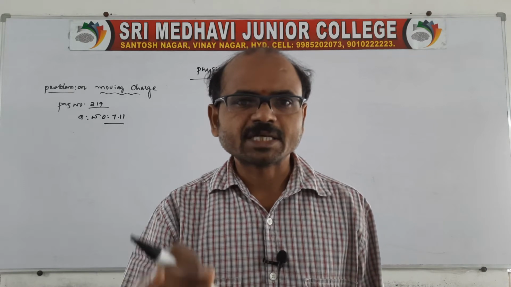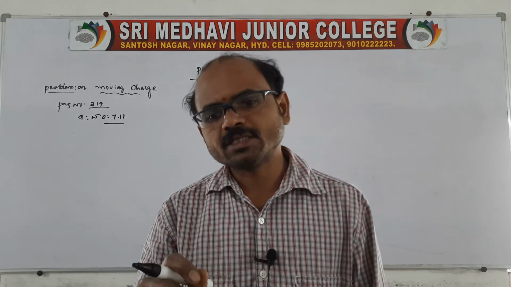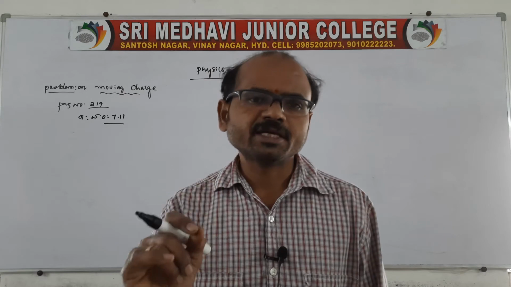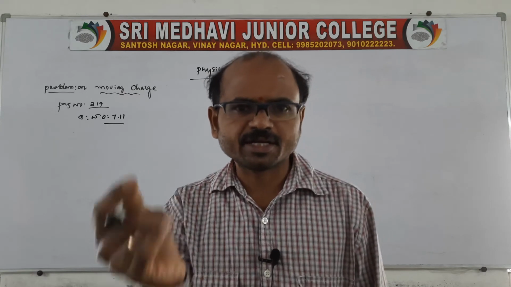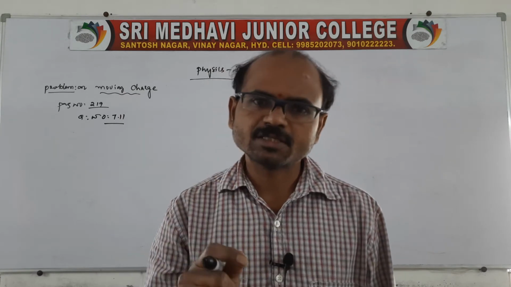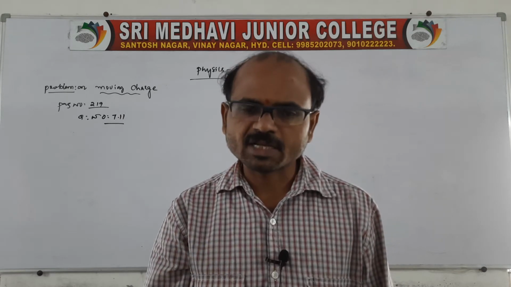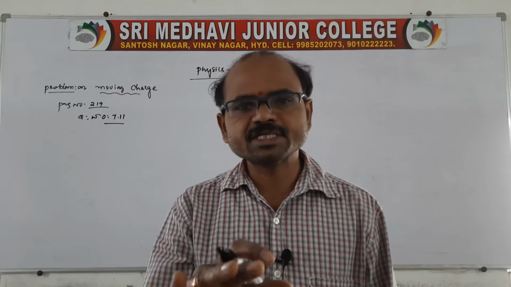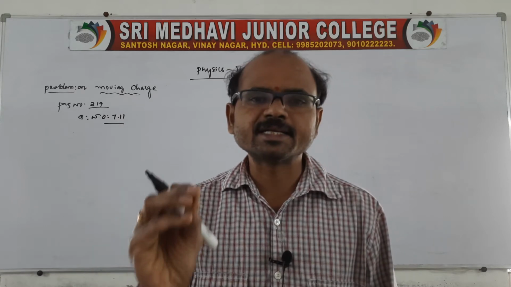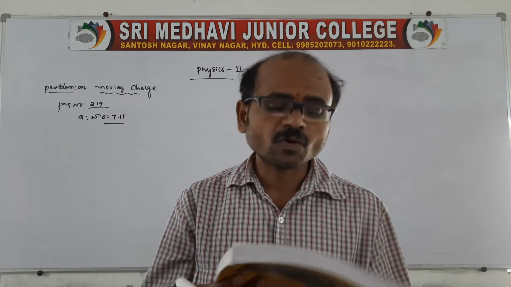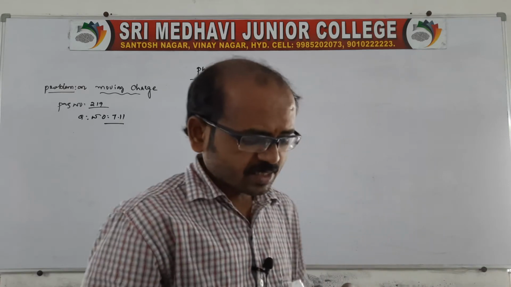In the previous class, we finished charge moving and entering a uniform magnetic field perpendicularly. For the perpendicular case, we derived different parameters like the radius of the circle, speed of the charged particle, time period, angular velocity, kinetic energy, and frequency. Now, on the basis of that, there are some problems in our material.